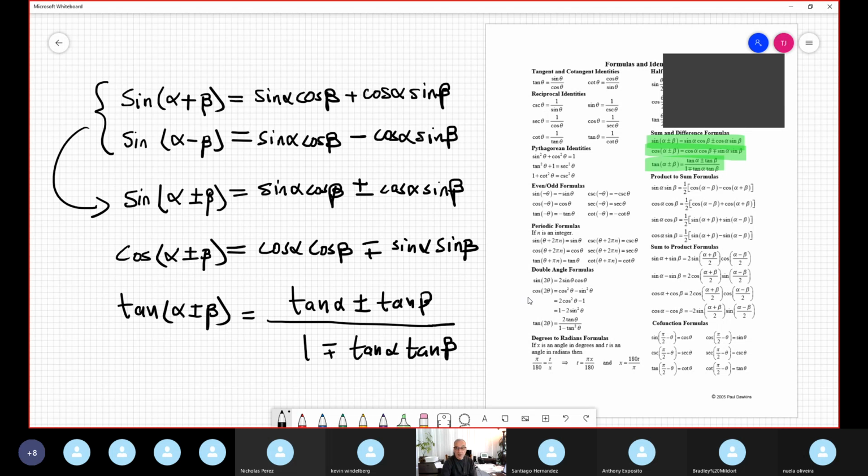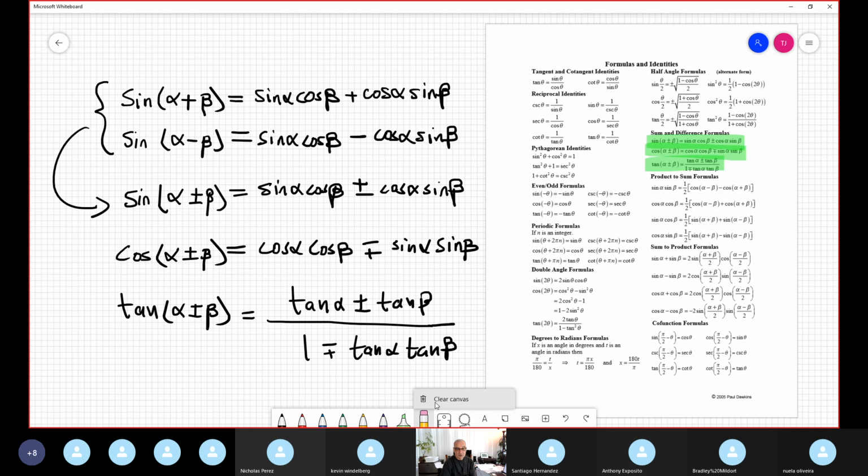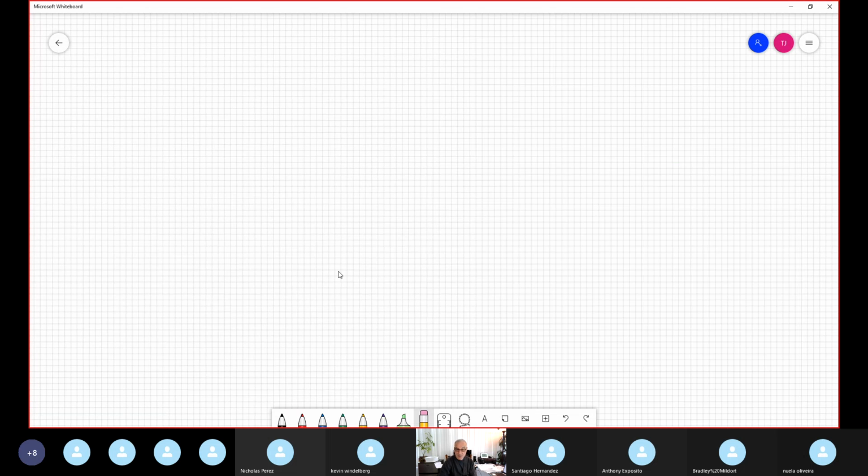Okay, so an example to understand these formulas much better. Example 1: you need to find the exact value